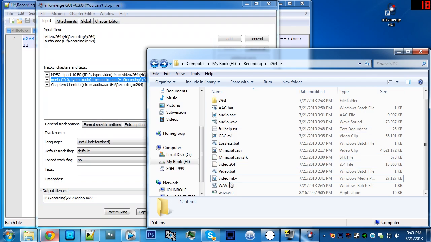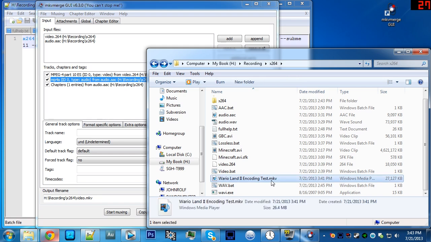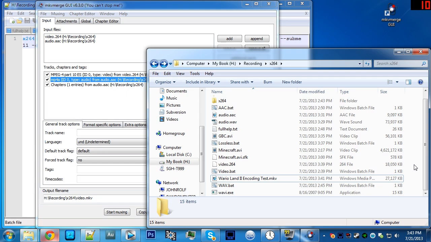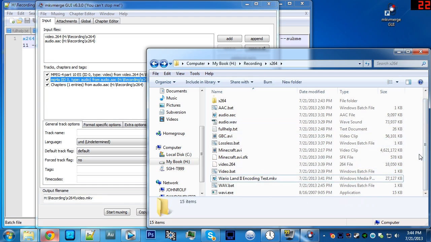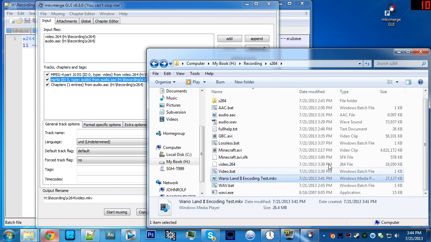So then, of course, you could just rename your video to whatever you want. So I'll just call it Wario Land 2 Encoding Test. And this you can upload straight to YouTube, and it'll work perfectly. The one thing is you can't drag it onto the upload thing for some reason. I don't know. It doesn't let you do it. So that is a bit confusing to me. It does work with MP4s, but MKV is just, I think, going to be better for the purposes of this demonstration. So we've got this perfect video here, pretty much lossless quality as far as I know,